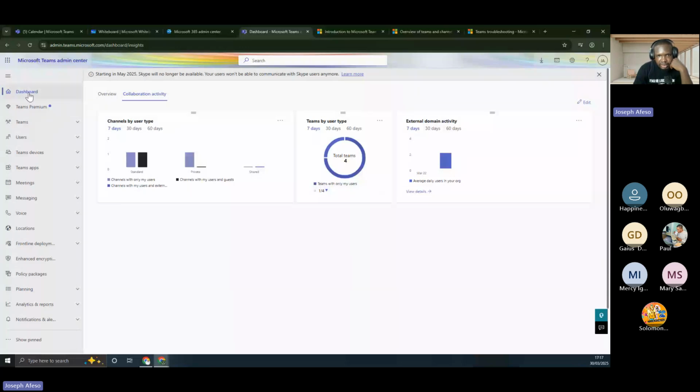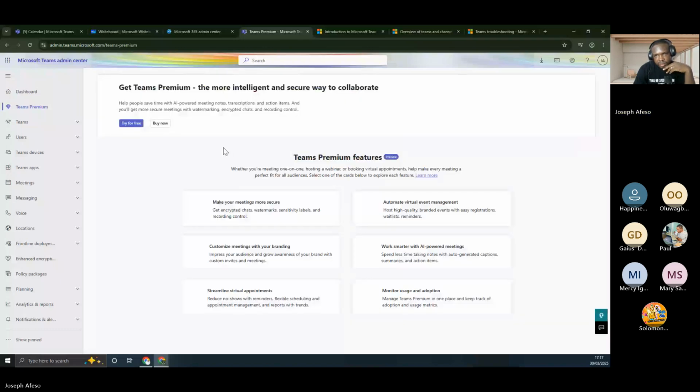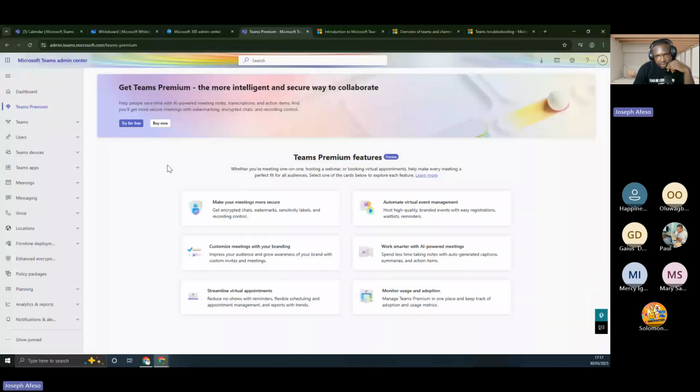Then the next line of action is Teams Premium. So beyond having the Microsoft Teams license, there's what is called Microsoft Teams Premium. It is an AI-powered system that helps people save time with AI meeting notes, transcription, and action items, and you get more secure meetings with watermarks.